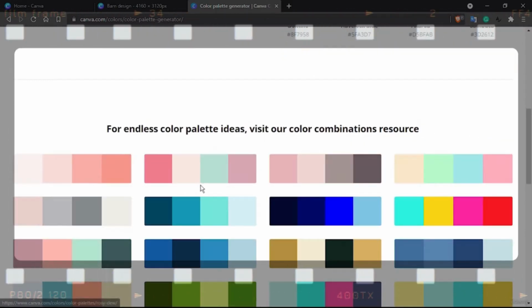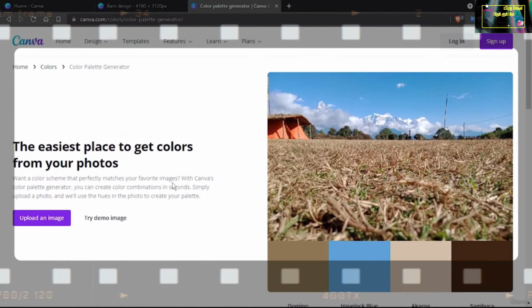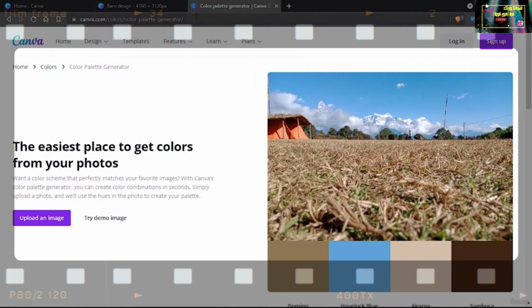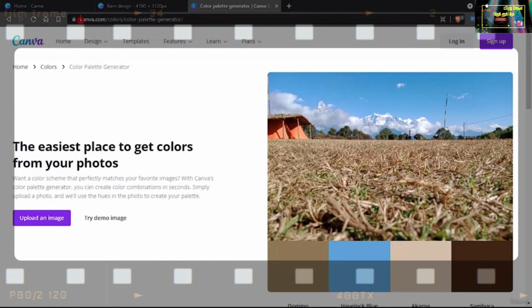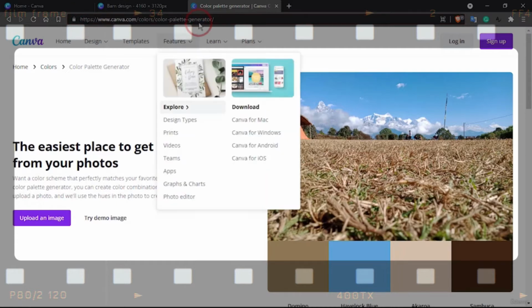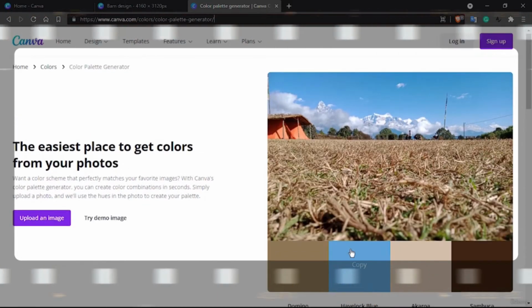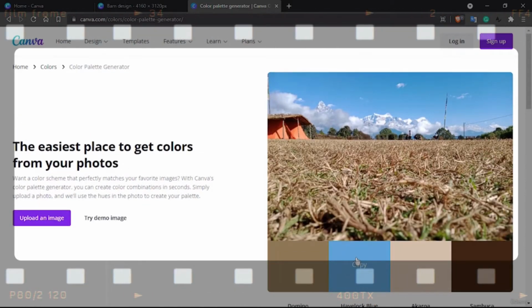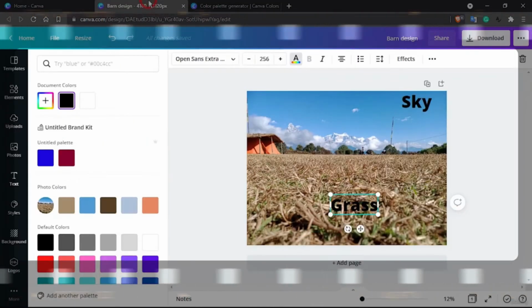So also there are different color palettes available here. Basically these are some other generated links through this Canva palette. In the early days when Canva started, we used to go to here and select the palette. For example, I would like to select the sky color, so I select this Haze Clock Blue, what Canva has named. So Haze Clock Blue, you can copy from here or copy simply by clicking here